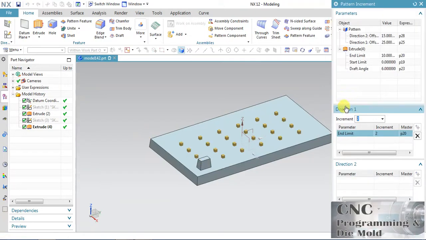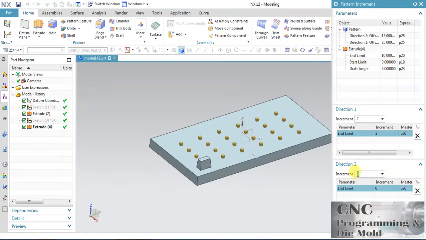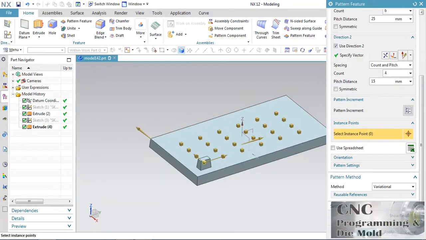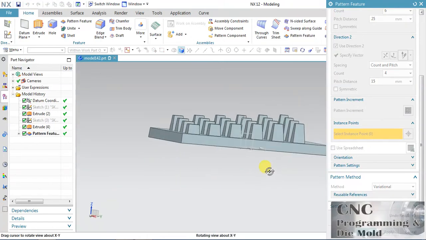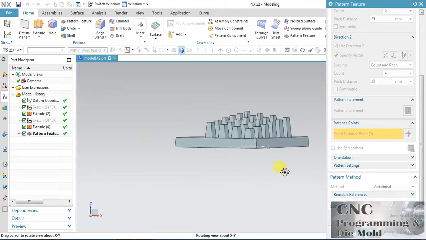Again incremental value, in the second direction I want to increase the incremental value by 2. The height is increasing in both directions.